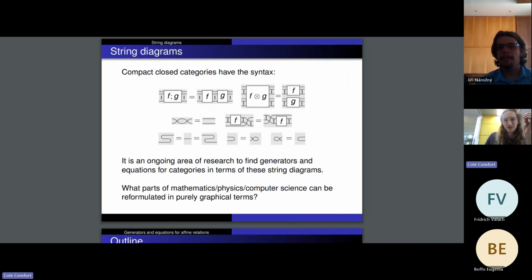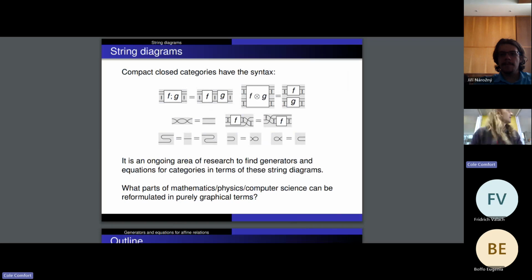So this first slide is really important for my talk because most mathematics is done algebraically with equations between letters and symbols. But the whole point of my talk is going to be trying to reformulate things using only pictures. And particularly, I'm going to be using the structure of compact closed categories. I don't know how many people are familiar with this, but the basic idea is that you have the composition denoted by placing things one after the other. And then your monoidal product, your tensor product, is given by putting them side by side. The symmetry allows you to cross wires over and you can slide things around. And then the compact closed bit means that you have duals, so you can bend wires.